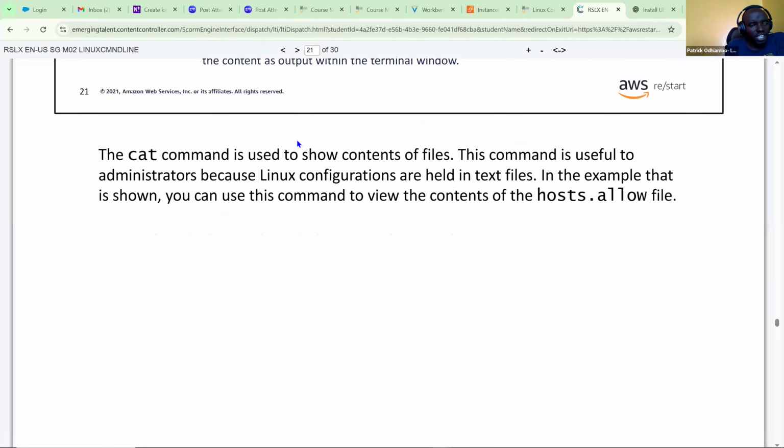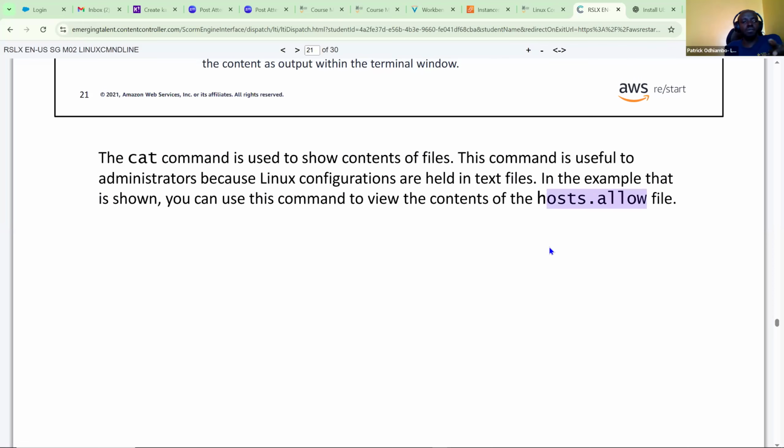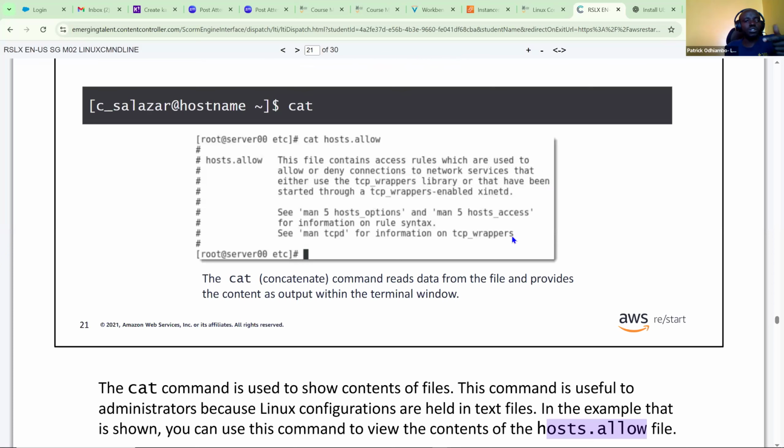So we have said the cat command is used to show the content of files. This command is useful to administrators because Linux configuration is held inside text files. In the example shown, you can use this command to view the contents of the hosts.allow file. This hosts.allow file maybe has usernames of those who are allowed to access that part of the system.